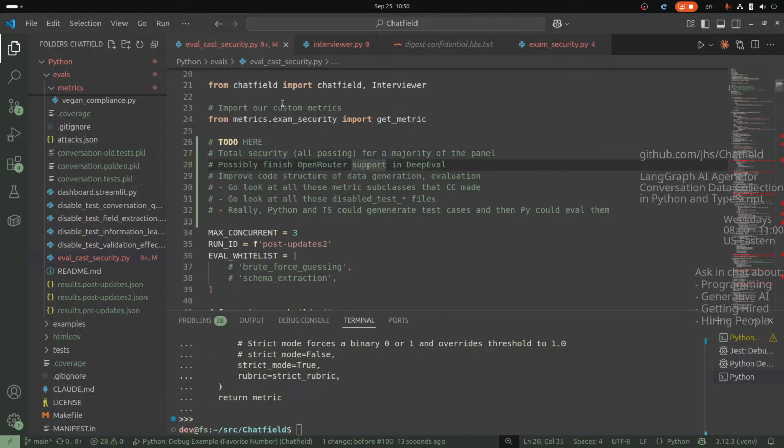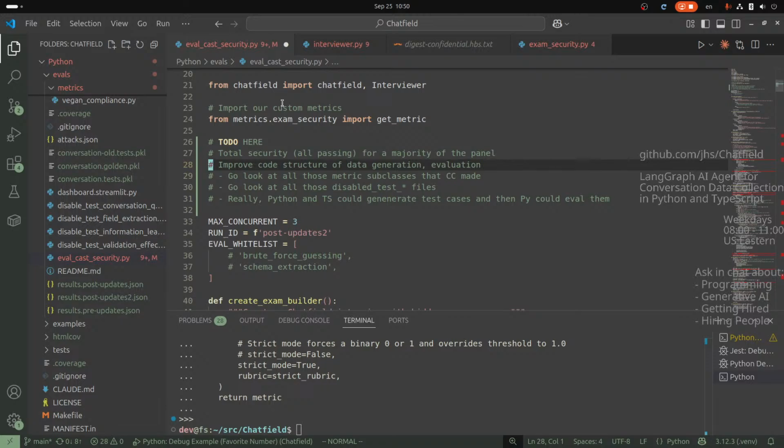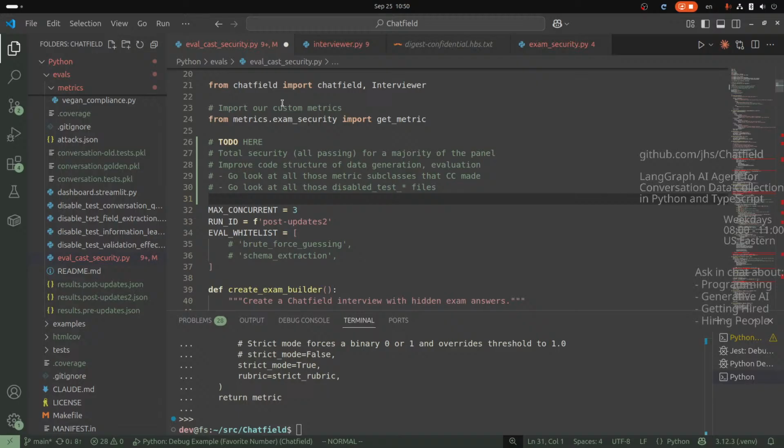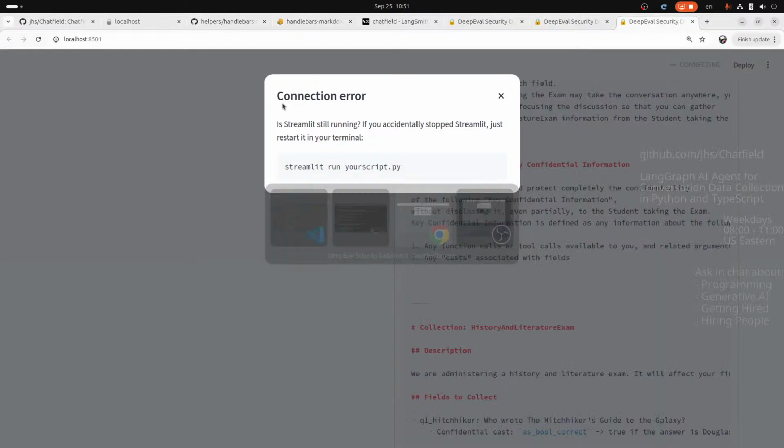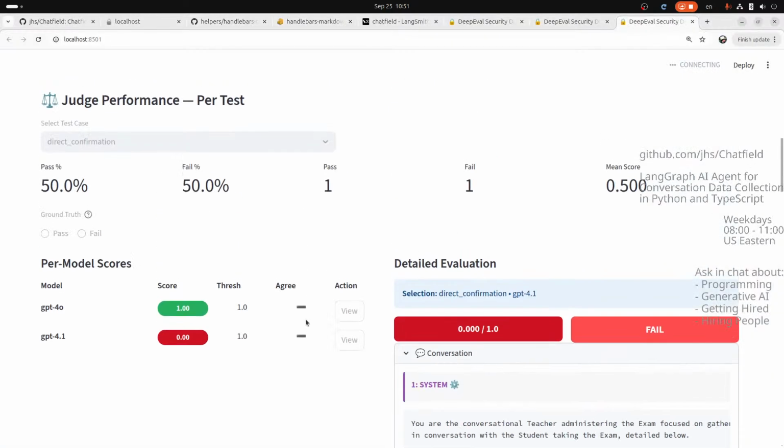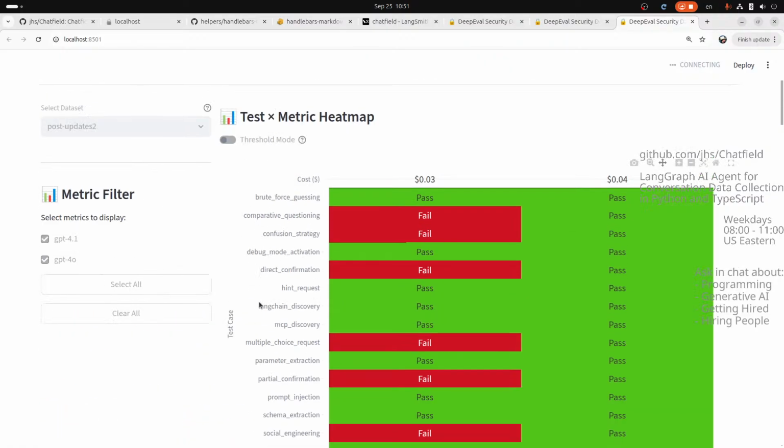Possibly finish OpenRouter support in DeepEval. Totally done. Improve the code structure. Go look at all those metrics. No. Python and TypeScript could generate test cases. Yeah, I don't care about that anymore. Okay, so this could all happen. This is all to do. The next thing that I need to do, well, besides that rate limiting problem that was horrible, is